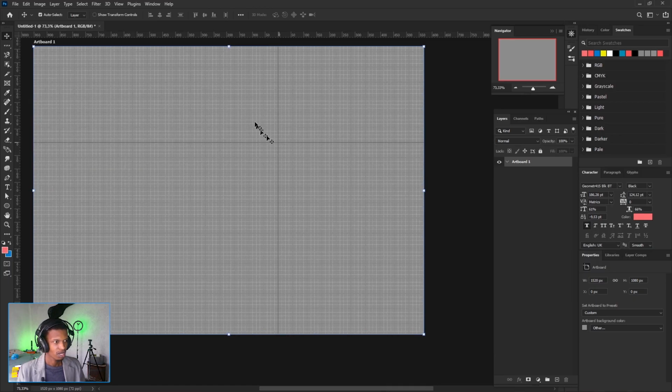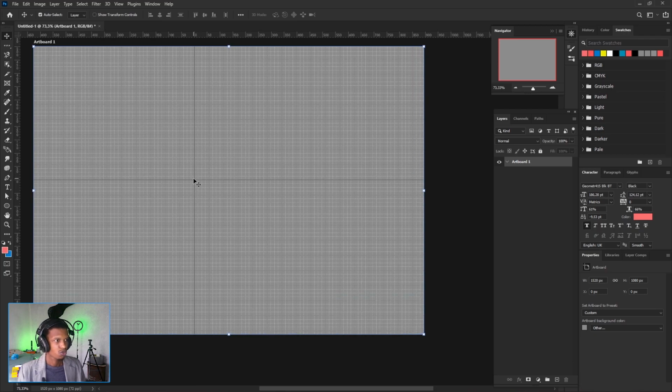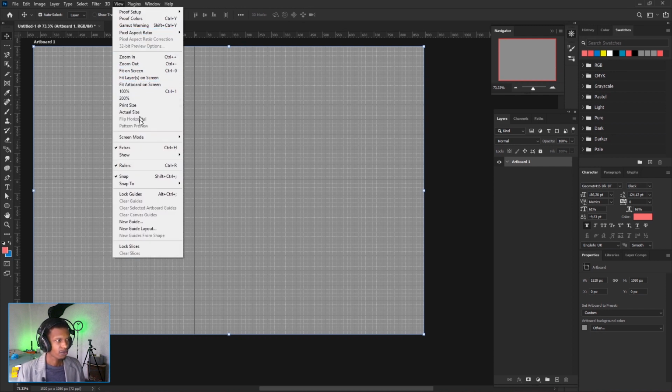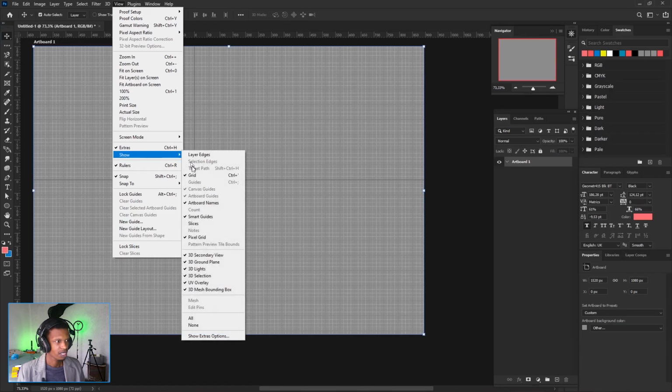So if I let go, everything is going to move here, right? This big cross, I don't know what to call this exactly. It's a cross measurement navigator, however you want to call it. So if you let it go like here, that's where it's going to be on the grid. You see that? If you want to remove the grid, you come up here on View, say Show, and then